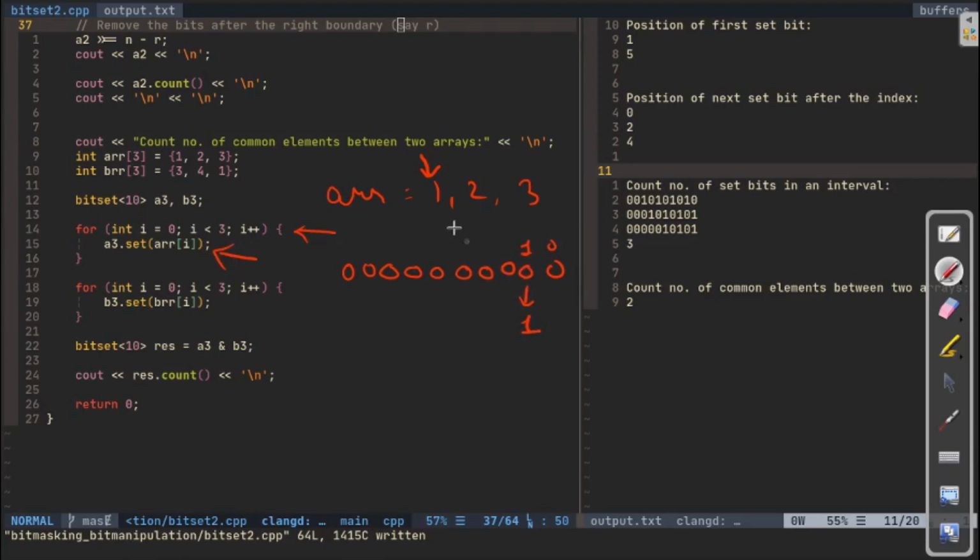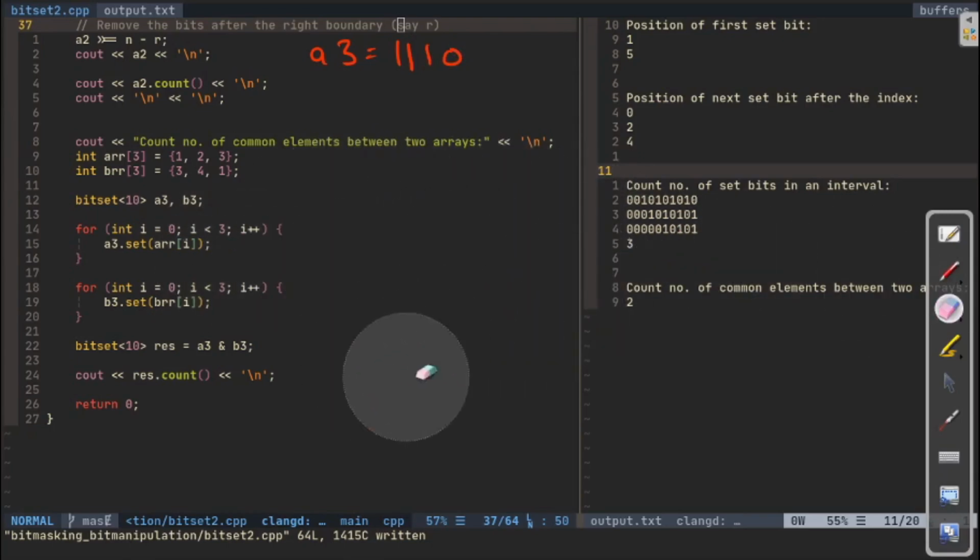Okay, so now we get this configuration, and then we traverse to the second element, which is 2. So we are setting this bit as 1, and then we are going to 3. So we are setting this bit as 1. Let me write up till here, so I don't have to write more numbers. So after traversing the first array, our A3 will be equal to 1, 1, 1 and 0, and the rest will all be 0, so I'm not writing that. Now let us write it here so we can reference it later.